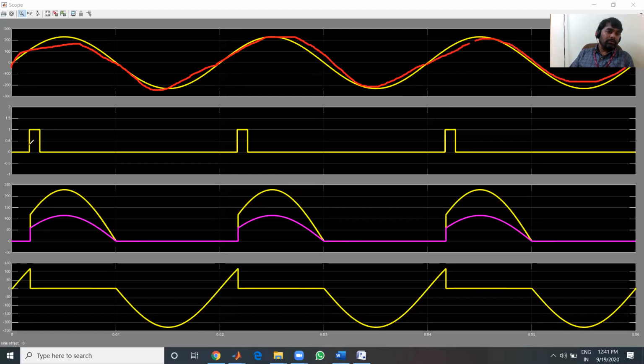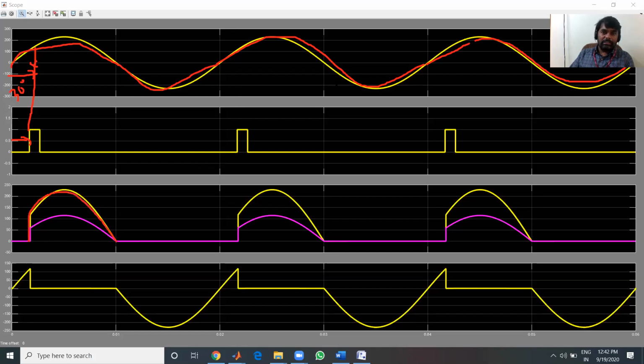Now we have given the firing pulse to the SCR at alpha equal to 30 degrees here. So even if you measure at this particular point, you will get alpha equal to 30 degrees. I told you from alpha equal to 30 onward, the SCR is in conduction state. So the output voltage should follow the input voltage from omega t equal to alpha. So the output voltage is the same as the input voltage, you can see.